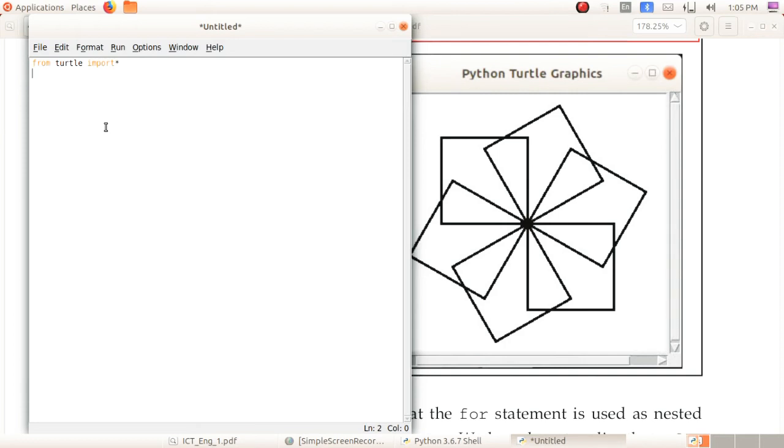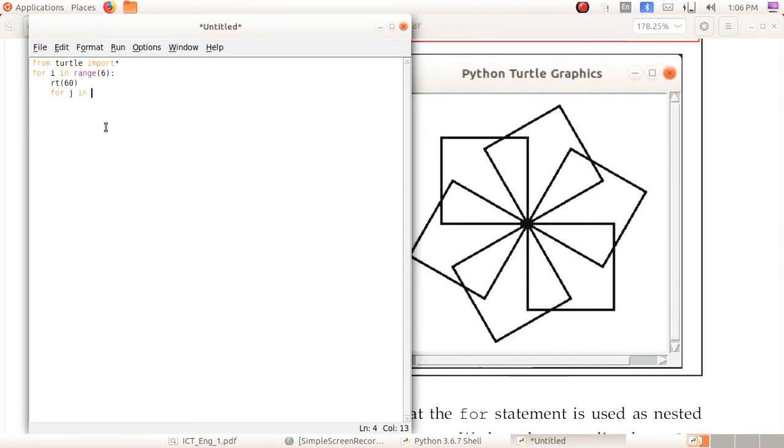Okay, if you want to increase the pen size, you can give that. I am just giving the code for printing: for I in range. What is the range? 6, because we want to draw 6 squares. Okay, then put a colon. After that, right of 60 degrees. Okay, then next for loop for j in range.